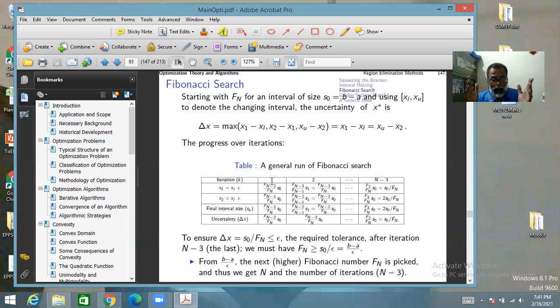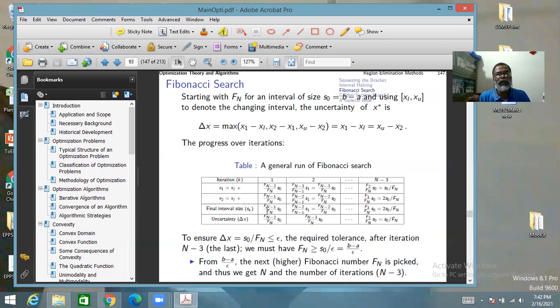the 2 marks will be at Fn minus 1, n minus 2, and therefore the locations of those will be: x1 will be xl plus this much into the size of the original interval, and x2 will be xl plus this much into the size of the original interval, and the final interval size will be in any case Fn minus 1 by Fn, either this side or this side, okay, either a to x2 or x1 to